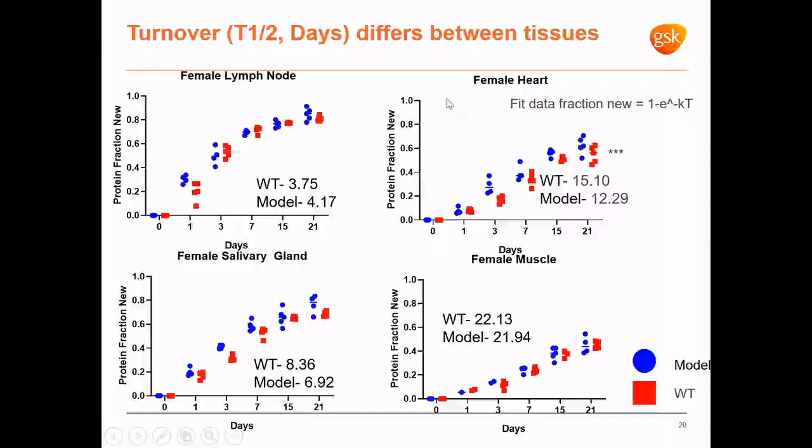This is an example of what this fractional synthesis measurement looks like when we're looking across 4 different tissues just in the female group. The scatter, or just the spread of the data points at any one point in time, is fairly narrow. It's pretty good. And in fact, when we're looking at the comparison between the disease model and the wild type, tissues that are expected to show change do show statistically significant change. So it's a bit of a validation in that sense.